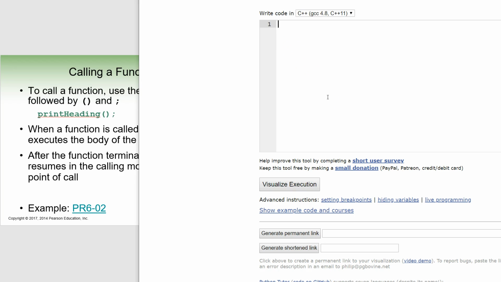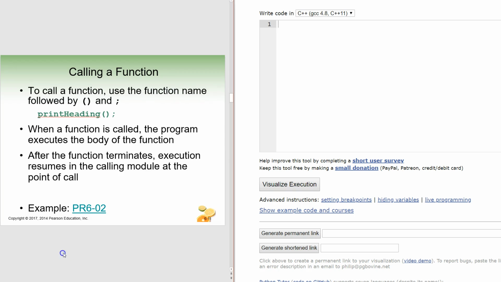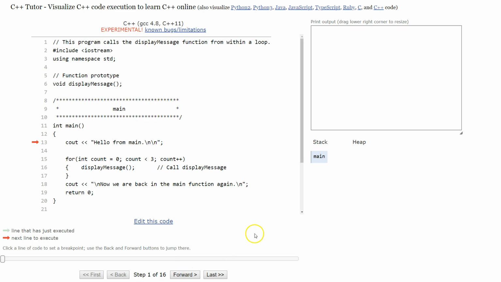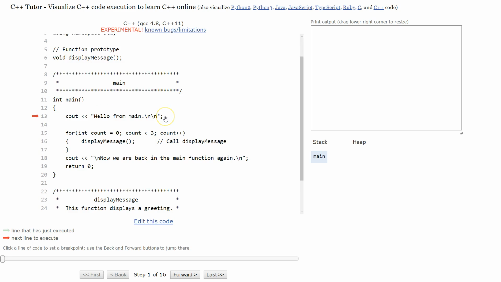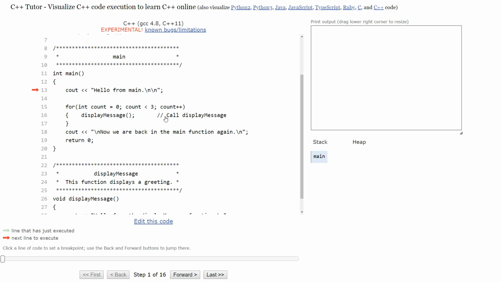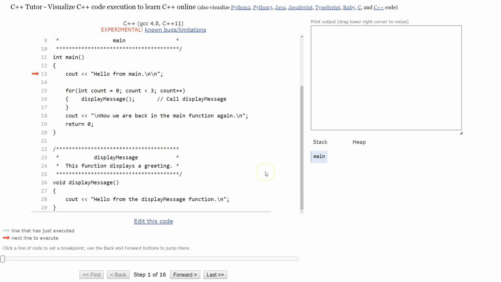All right, but what I wanted to show you really quickly was the code for this example right here. This won't make a whole lot of sense to you just yet, but this is one of the ways that we're setting up a function. There's a prototype up here, and you'll learn more about that in a little bit. But I wanted to show you why I recommend using Python Tutor for this part. And then when you're done with it in here, you can just go back to edit this code,